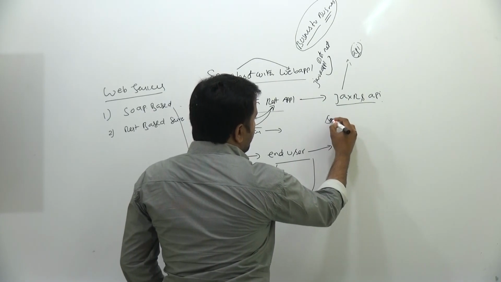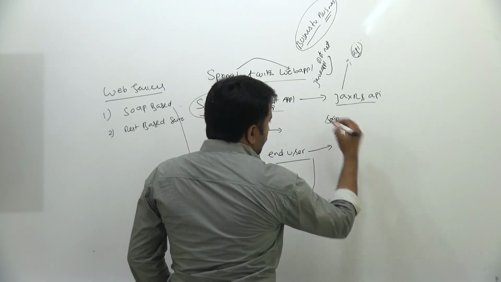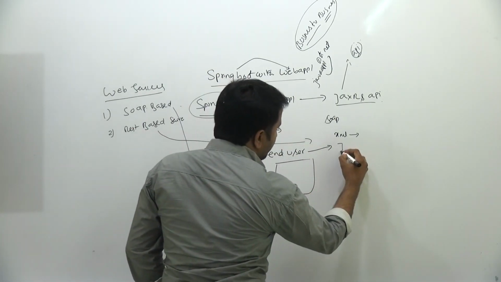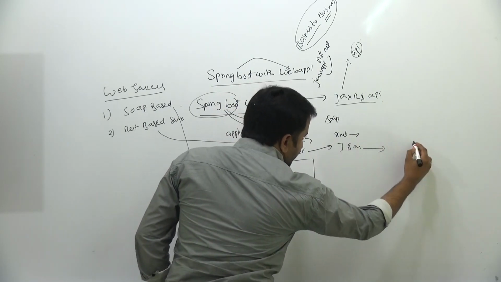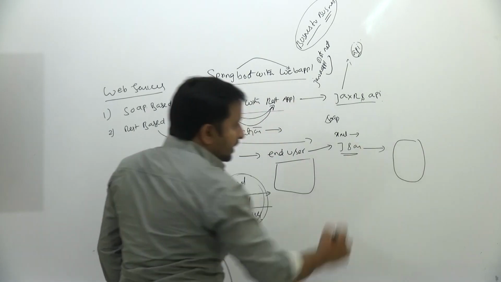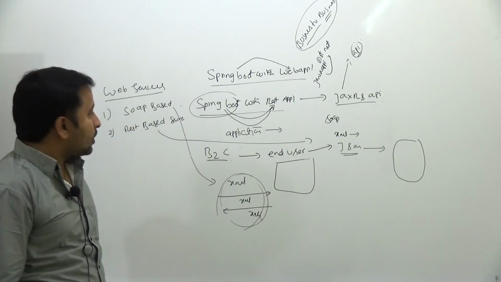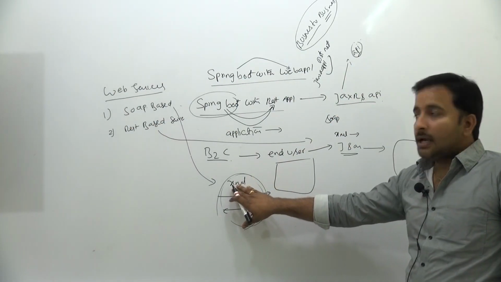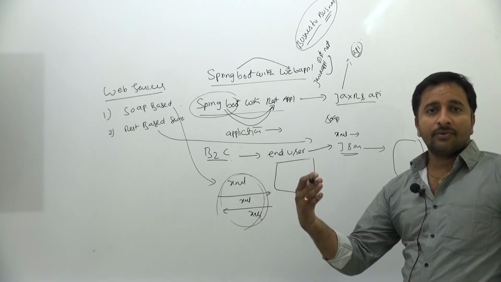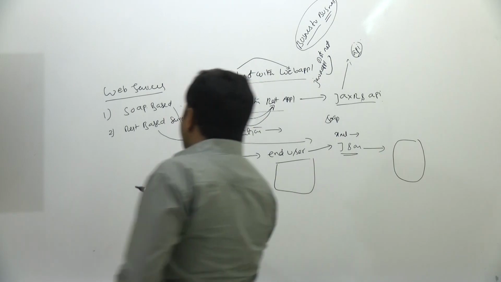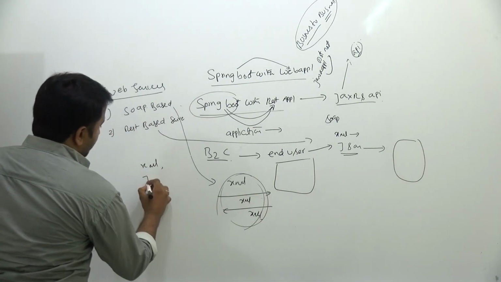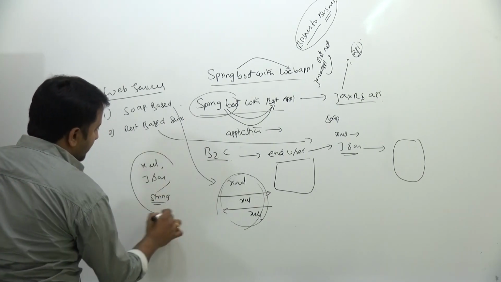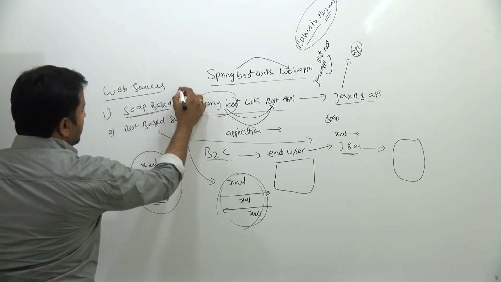What is the problem in the case of SOAP based web services? Only XML communication. For example, I want to send a JSON request to a different web service. Is it possible by using SOAP based web services? Not at all possible, because it accepts only an XML request. Is it possible to send different kinds of raw data, like XML data, JSON data, or different string data? It's not at all possible by using SOAP based web services.